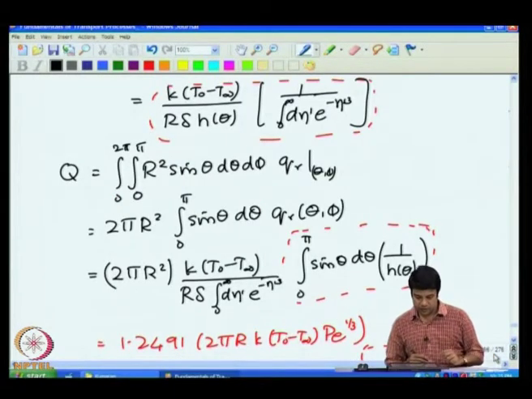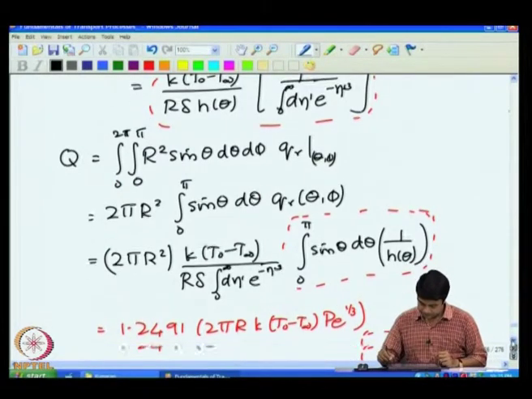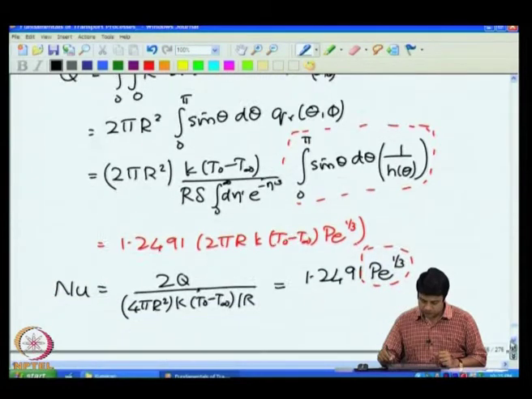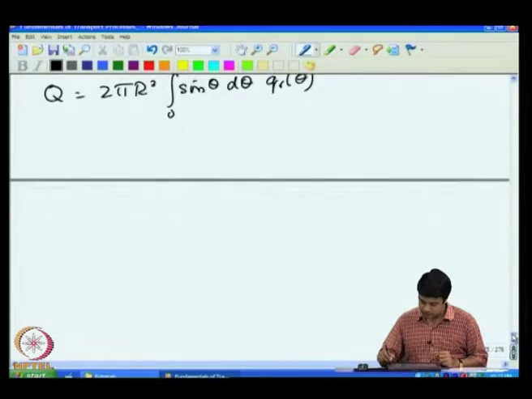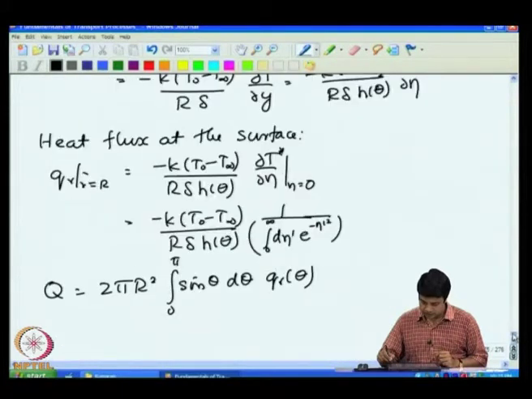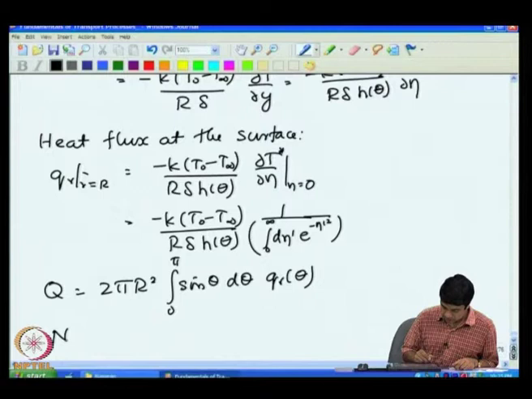Okay, from that I can find out the Nusselt number correlation. 2q by 4 pi r square, T naught minus T infinity by r. So, I will not go through the details, but if you actually do the entire calculation, what you will get in the end is that the Nusselt number is equal to a constant